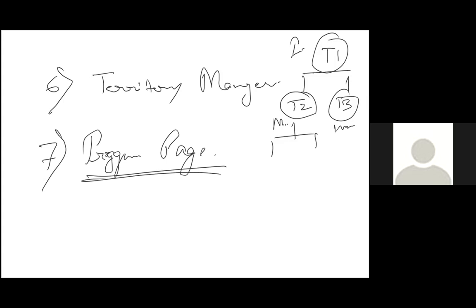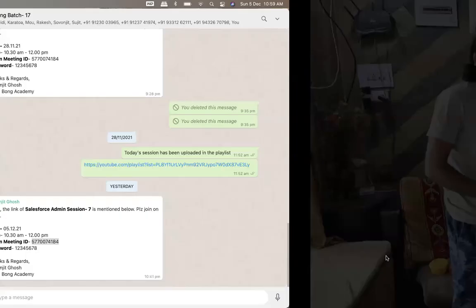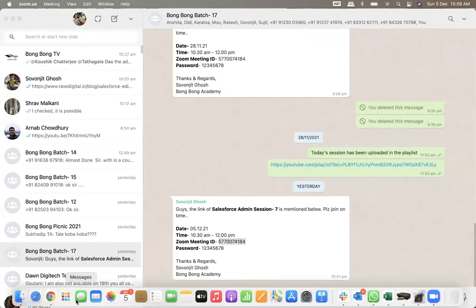Any questions so far? These two only, just remember them. Now we will see all this. We will see the first four today. 5, 6, and 7 are advanced topics. 5 you will learn later. But the first four we will see. First is manual sharing, right? Everybody remembers it? Yes, sir. Okay, let's see this in action.